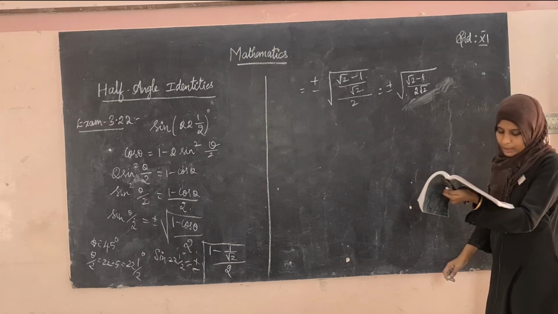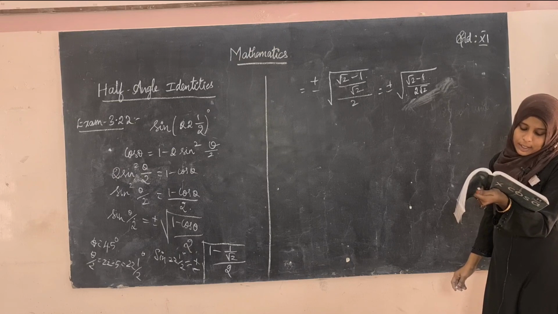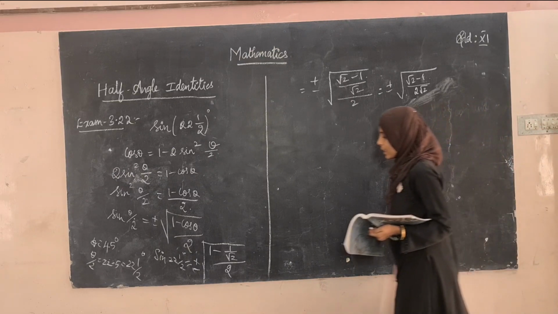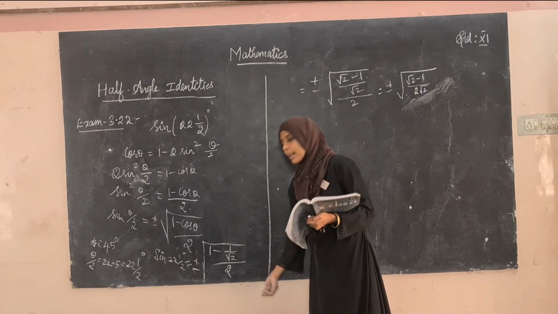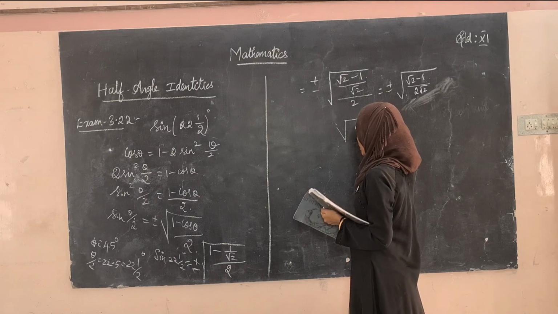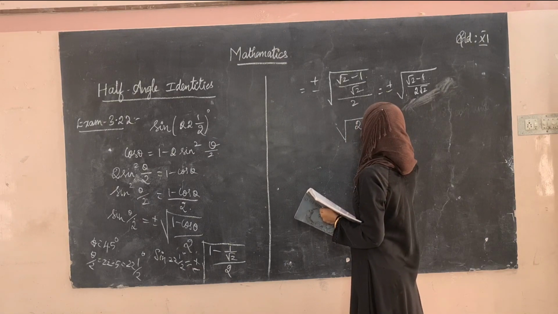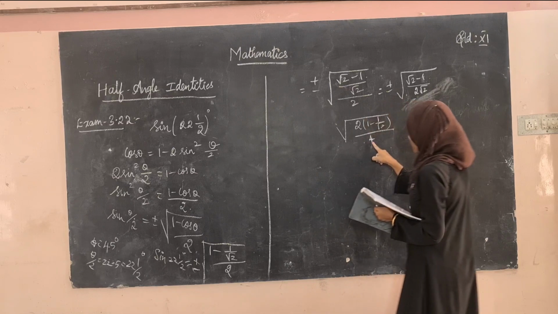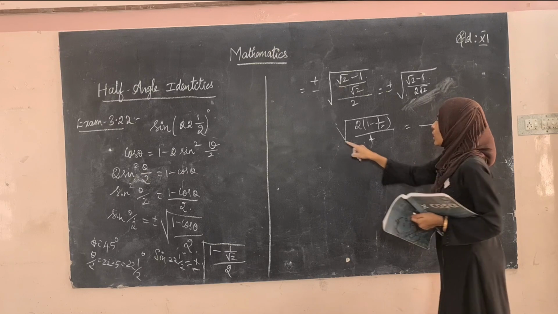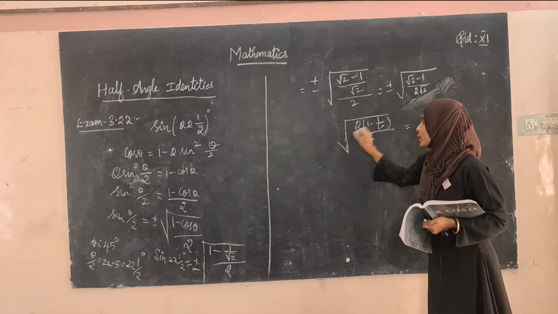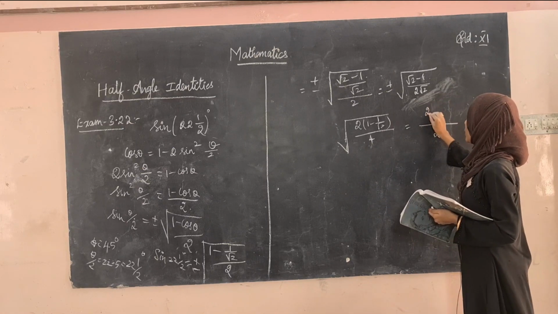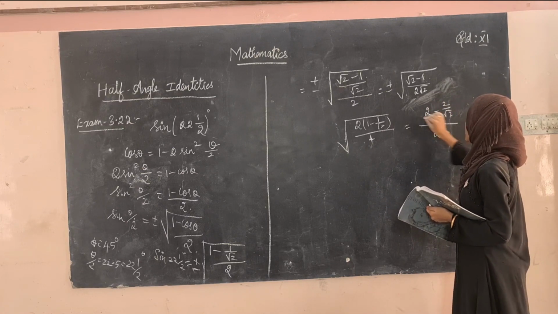So in your book they have given us (square root of 2 minus 1) divided by (root 2) divided by 2. So what they have done is, they have multiplied both numerator and denominator by 2. In that case, it will be 2 into (1 minus 1 divided by root 2) divided by 4. So this 4 can be written as divided by 2 alone, because the square root is for fully. So taking the 4 outside, you will be getting 2. So here it will be 2 minus 2 divided by root 2.